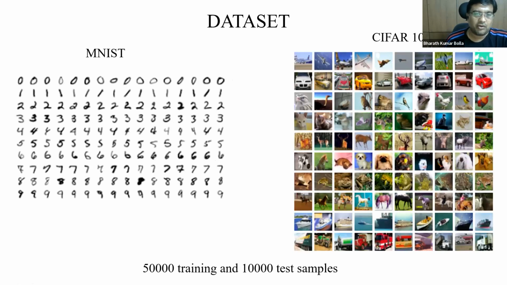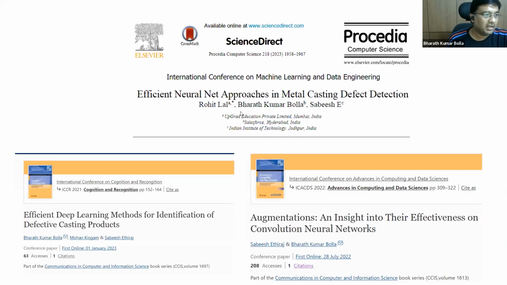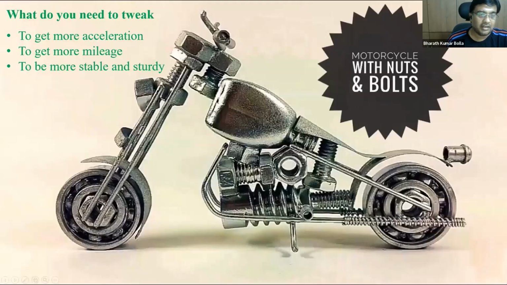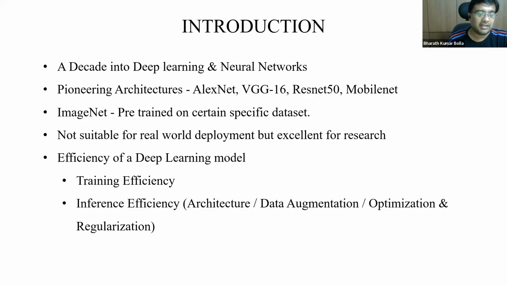I'm going to discuss some of our results on both MNIST and CIFAR10, because these are standard data sets, and we also worked on FMNIST. Once we felt that our methods were working well on these small data sets, we applied them on real life data sets that are publicly available, which we used in our 3 papers. We found that these methods, and the combinations of these methods, are really helpful and generalizable.